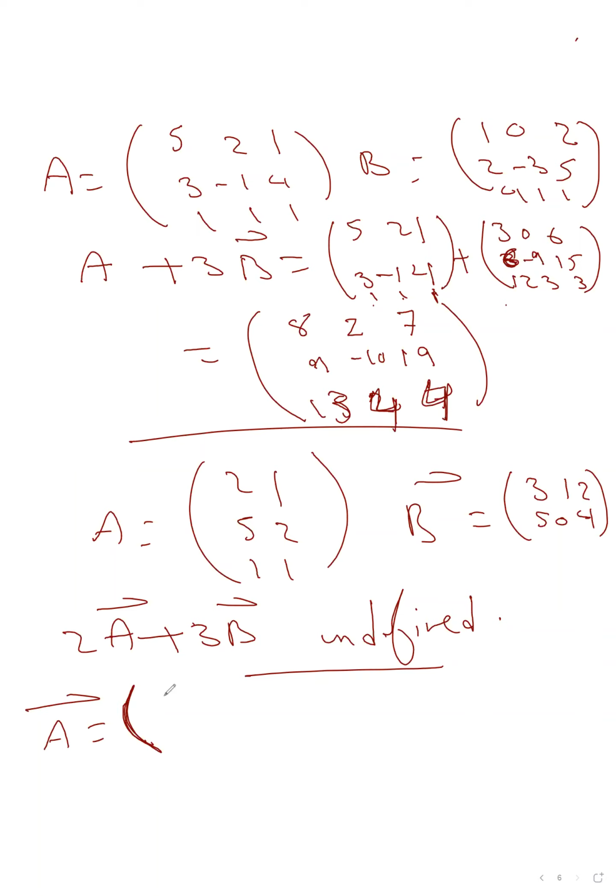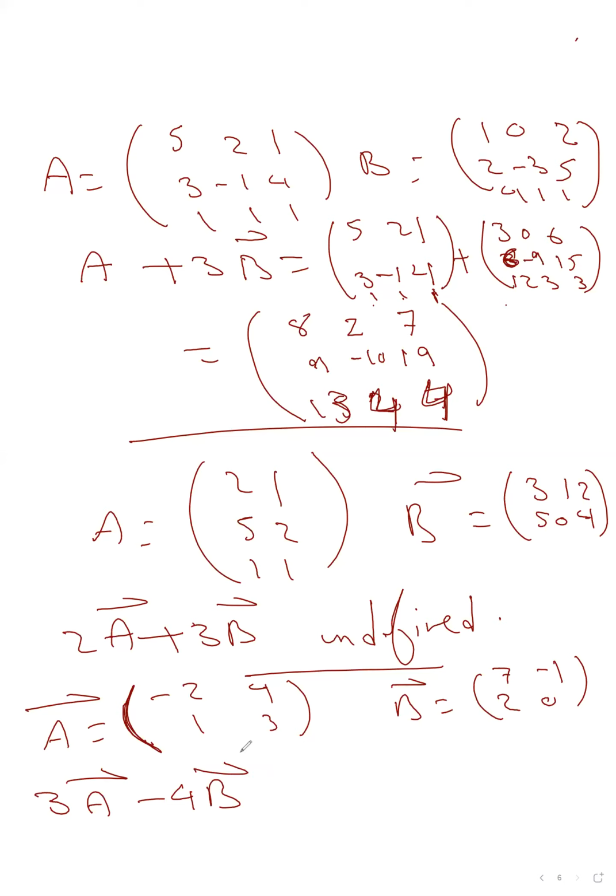A equals negative 2 and 4 1 and 3 will be equals 7 and negative 1 2 and 0. We need to find 3A minus 4B. يلا اتفضل كده